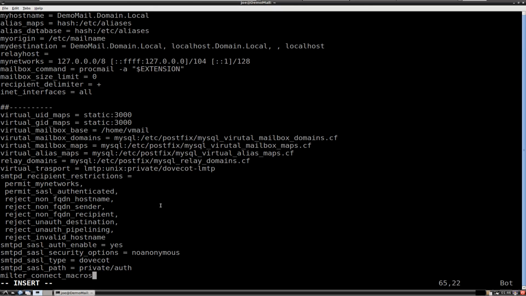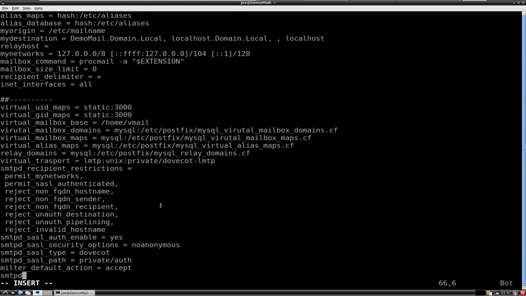Oops, hang on, I skipped ahead. milter_default_action = accept. smtpd_milters = unix:milter-greylist/milter-greylist.sock, unix:/clamav/clamav-milter.ctl,